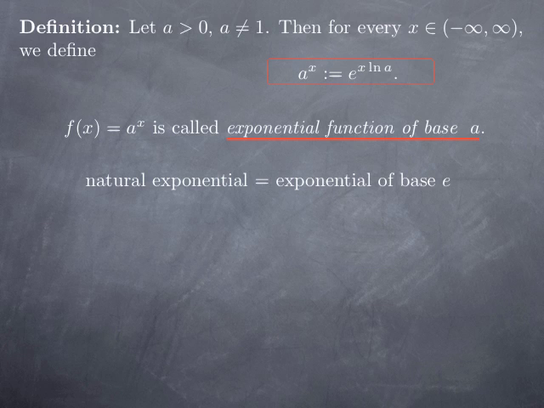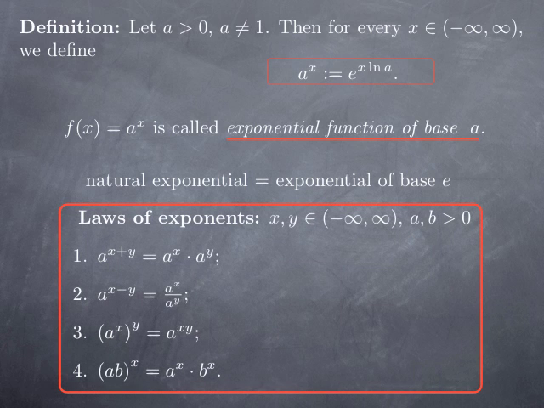Now these exponential functions have pretty much the same kind of properties that we have seen for the natural exponential. In particular, the laws of exponents are satisfied for this more general kind of exponentials. If we have a to the x plus y, that's simply a to the x multiplied by a to the y. A to the x minus y is a to the x divided by a to the y. A to the x that we raise to the power y is a to the power xy. And one additional observation is that if I have a product of two numbers, say two positive numbers, a and